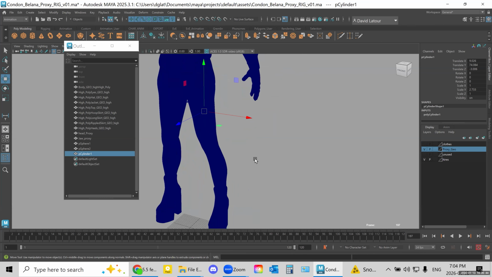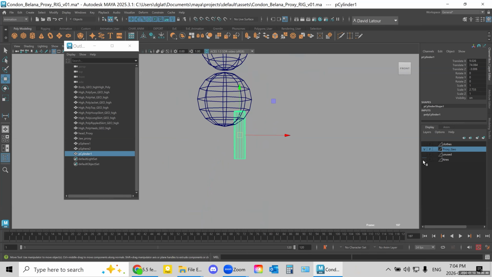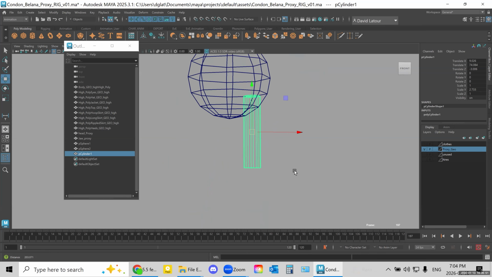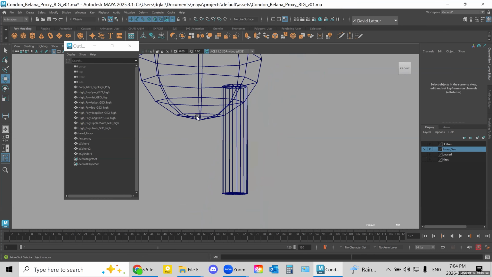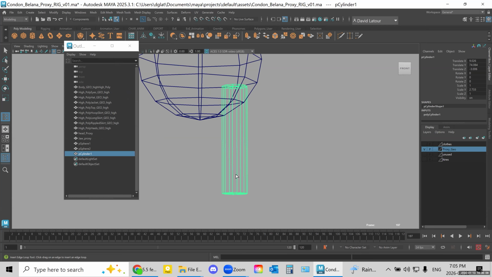Now, the other thing you'll probably notice me doing is I'm going to leave gaps in some of the joints as well. This cylinder here, I'm gonna duplicate a few times. So I'm going to go here and say in my modeling, mesh tool, insert edge loop. But I'm just going to go like this. I'm going to put an edge loop here at the top and